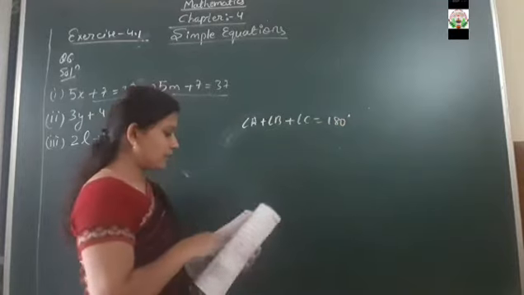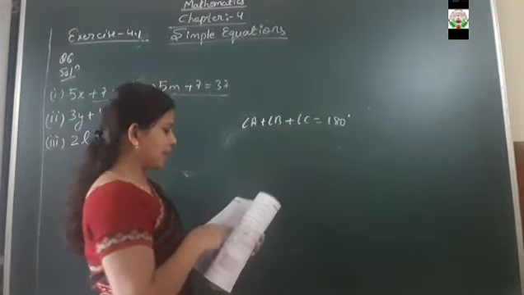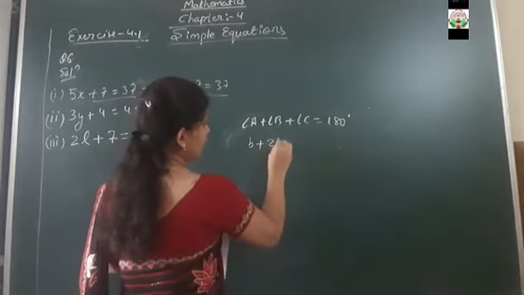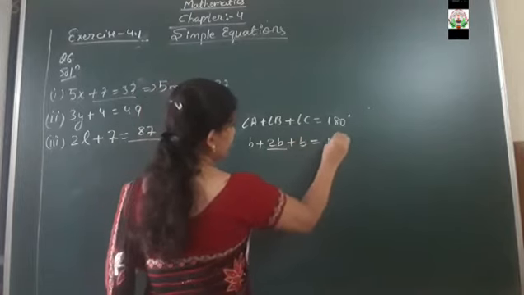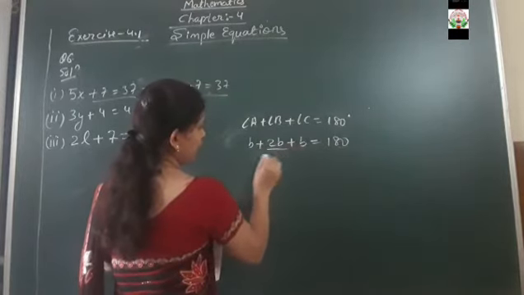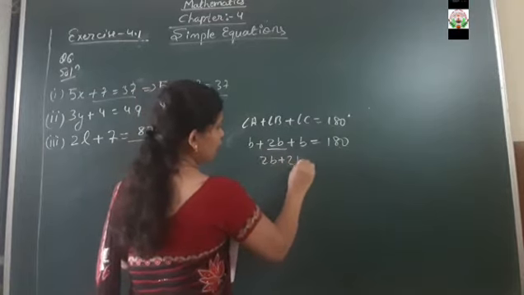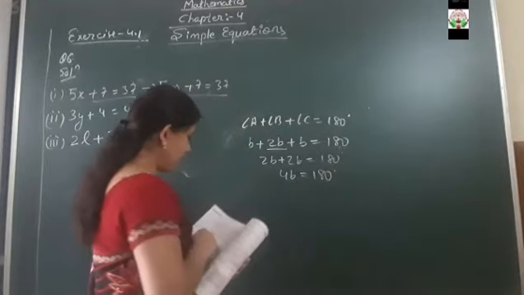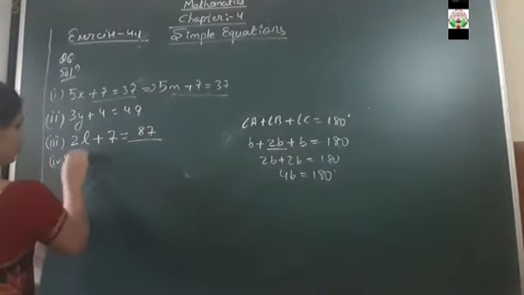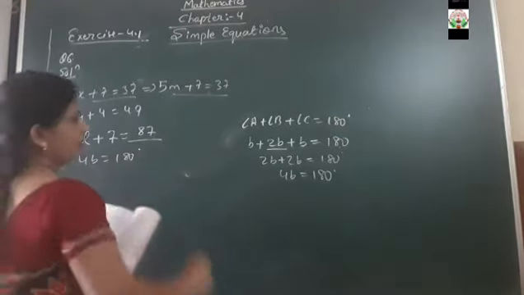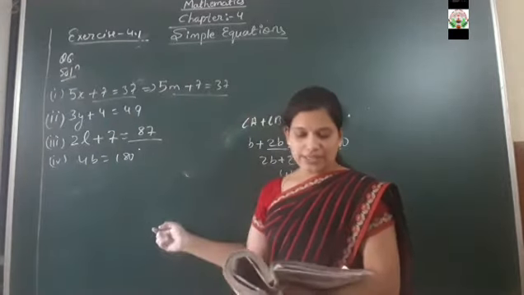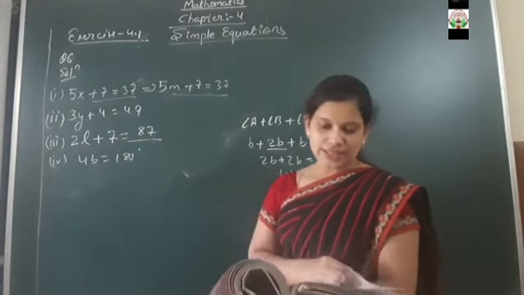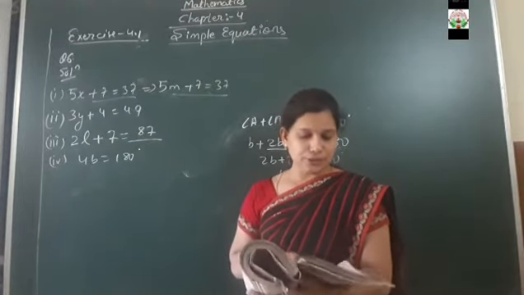Isn't it? Here in this question it is said that let the base angle be b, and the vertex angle of the isosceles triangle is twice the base angle. Okay, so here 2b plus b plus b is equal to 4b. So here it will be 4b is equal to 180, the equation. So the fourth part equation will be 4b equal to 180. Clear everyone? So in this way our exercise 4.1 is completed. Now look at the next exercise, that is exercise 4.2.